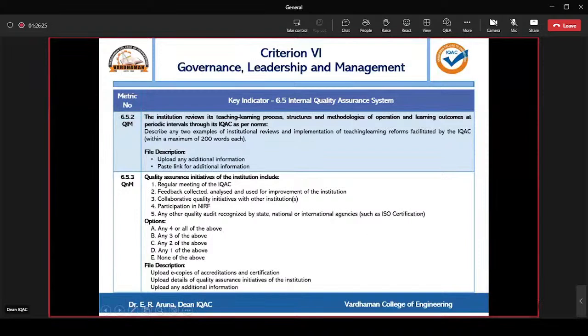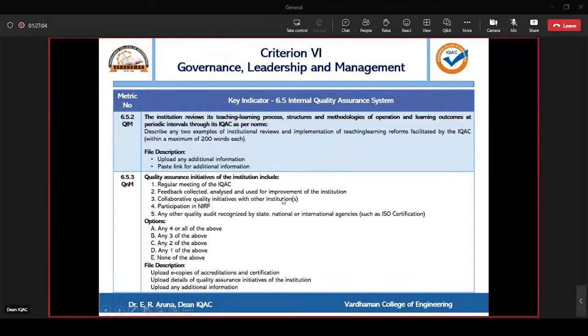Now I'll move on to the next metric, which is 6.5.3, which is quality assurance initiatives of the institution. Here it's a QnM, so we have to opt for any one of A, B, C, D, E. The first one is regular meeting of IQAC. Normally the frequency of IQAC meetings may be before the start of the semester and at the end of the semester, as well as the even semester starting and ending, like 4 meetings we can conduct. So the frequency we may take as 4, and feedback we have to collect and analyze, and that